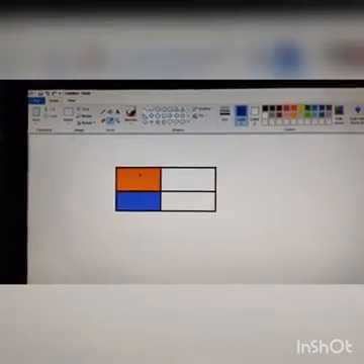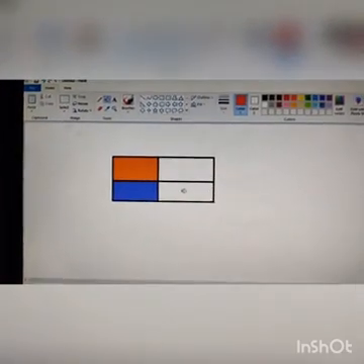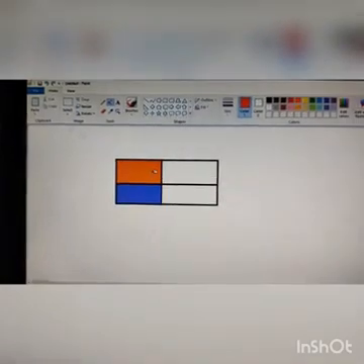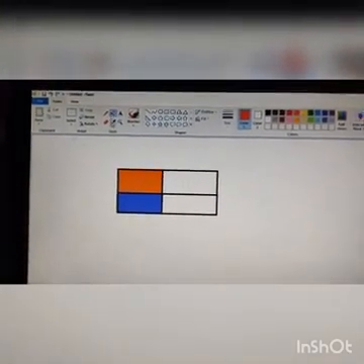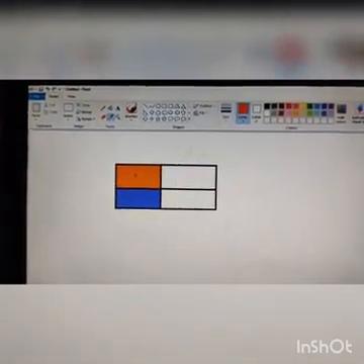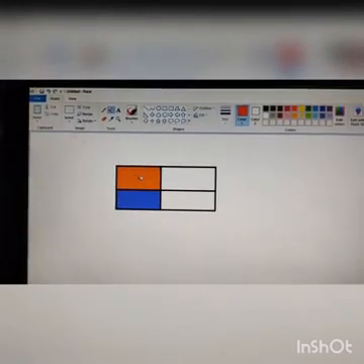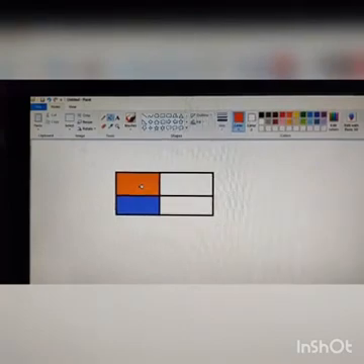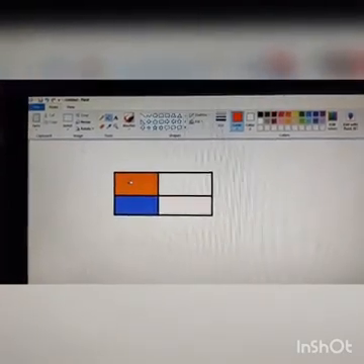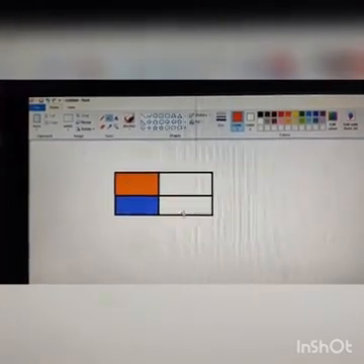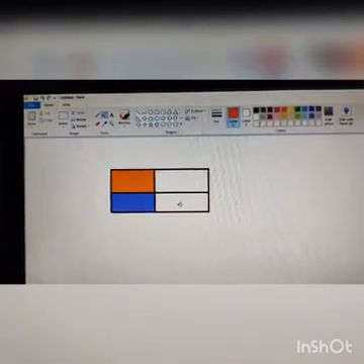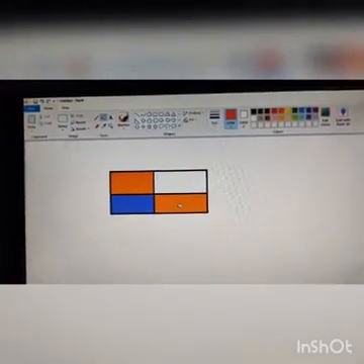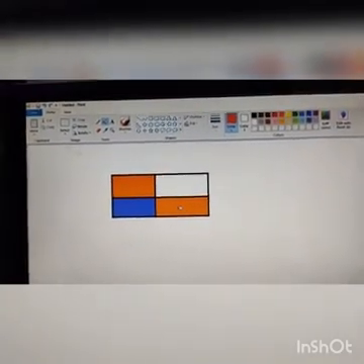Say if I copy this color and I want to bring it here, after clicking, I'll have to click it. Simply you will see the bucket of the fill with color tool. So it will be active, and if you click in any other blank space, that color will come. That color will be copied.